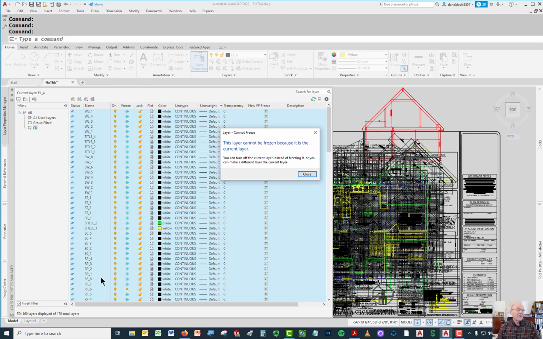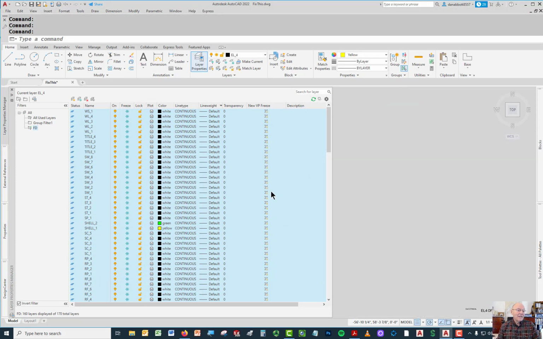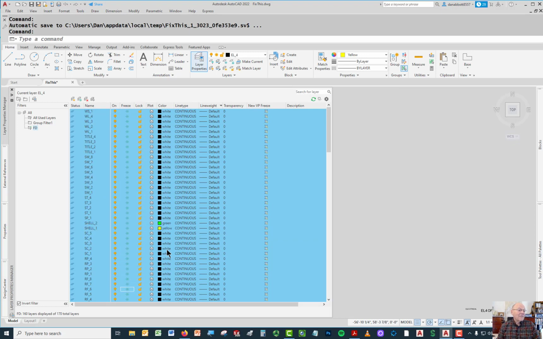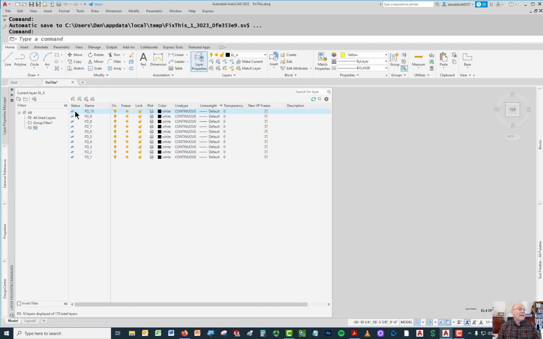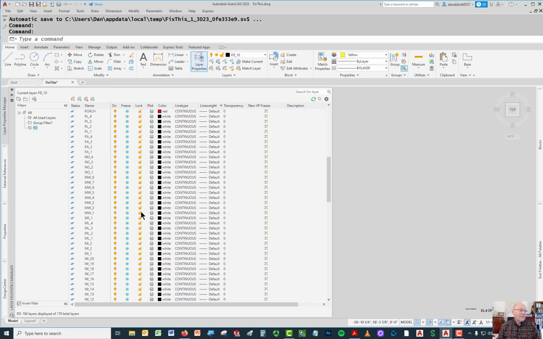yeah, I have a current layer here, and I can't freeze the current layer, which I knew because I'd tried it before. So what I need to do is to change, there it is right there, EL1. So what I'm going to do now, I'm going to go back to non-inverting layers, and I'm going to make one of those layers my current layer. Then I go back to the layer inverted filter, and I'll find that layer that I couldn't freeze before,